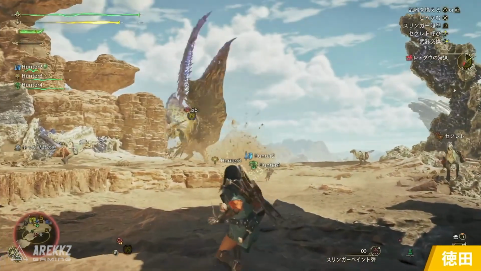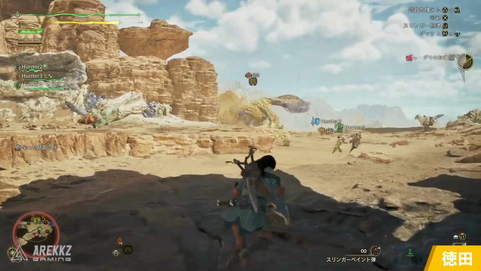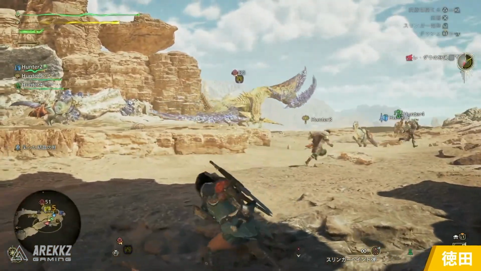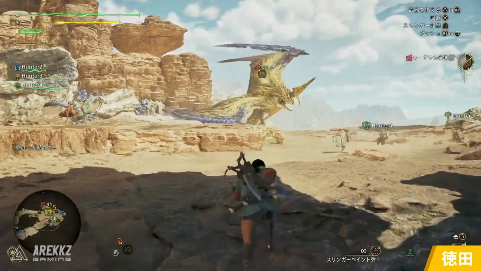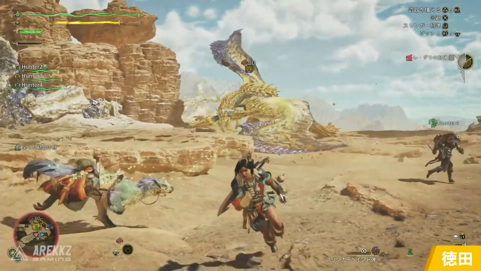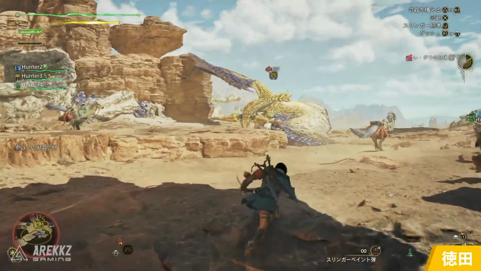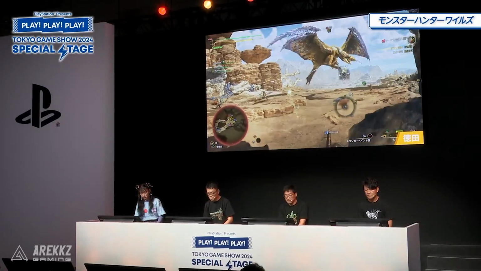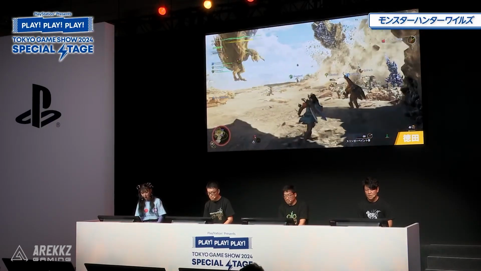I think you can use this on the monster for tracking as well, but what we saw at the TGS special stage stream, the developers used it to ping the ground nearby some unstable rocks. This was a way to signal their teammates to come over and lure the monster to use an environmental trap. So now we at least have a way to dynamically ping anywhere on the map by shooting a paintball,